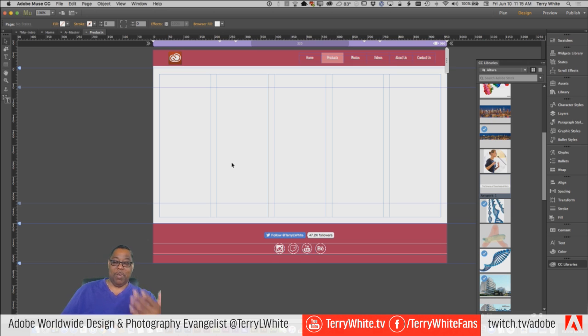Now, let's talk about the graphic formats you can place. Obviously, and these are probably no surprise, you can place a JPEG. We've been doing that. You can place a GIF or animated GIF. We haven't done that, but you can do that. You can place a SWF file. If you want to use Flash, you can place a SWF file. Most people don't anymore, but you can. You can also place a PNG with transparency.